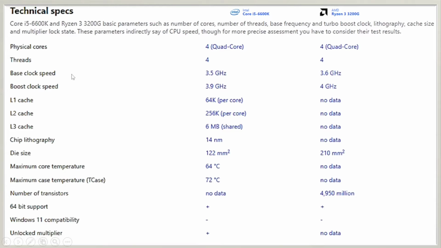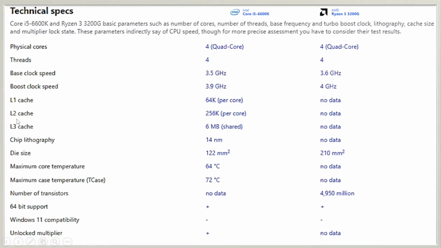On base clock speed, the Intel Core has 3.5 GHz, while the Ryzen is 3.6 GHz, which is 0.1 higher than the i5. And when it comes to boost clock speed, we have 3.9 GHz for the Intel i5 and 4 GHz for the AMD Ryzen 3 3200G. In L1 cache, we have 64K per core in the i5, and we don't have any data